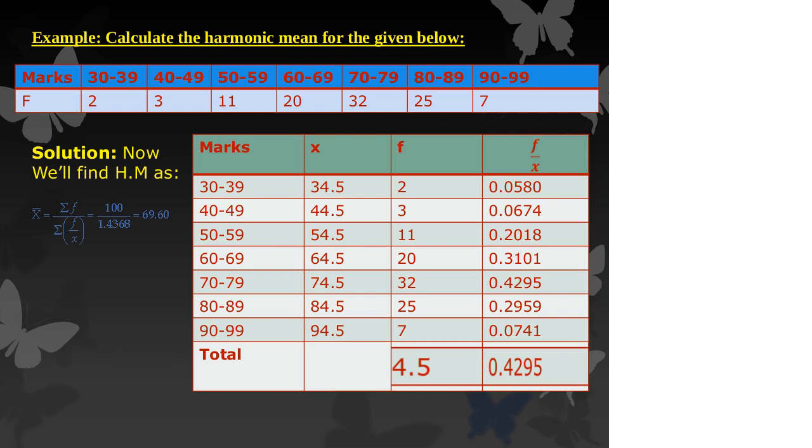To the upper limit, now we have 39. In this case, we are adding 0.5. So to the upper limit we are adding 0.5. It becomes 39.5. Also we continue, we go to the next class,